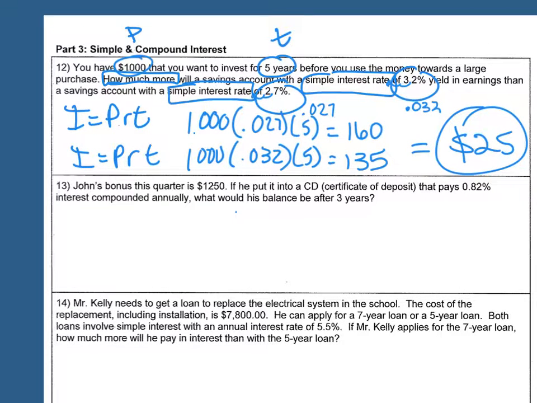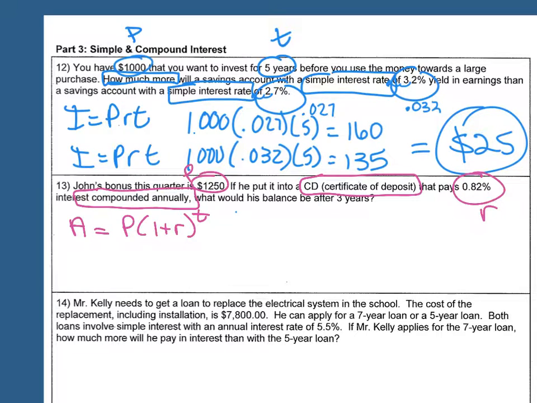Number 13, John's bonus this quarter is $12.50. If he put it into a CD, that's like a savings account that pays 0.82%. That's my rate. And the interest is compounded annually. Those words tell me I've got to use that formula. What would the balance be after 3 years? So I've got my time. So if we plug all that in, $12.50, 0.82% in decimal form, what's that look like? 0.0082. And the time was 3. So if we plug all that in,